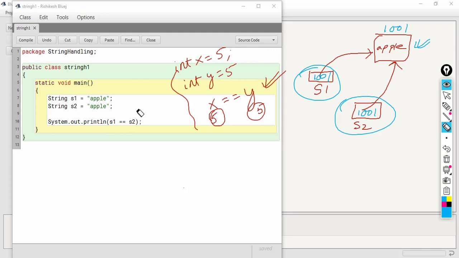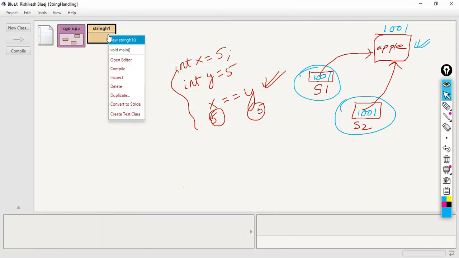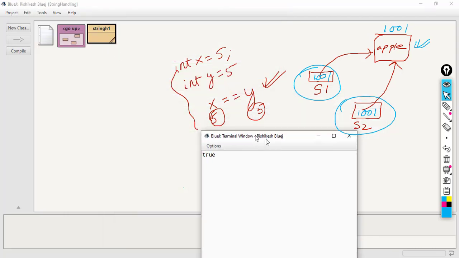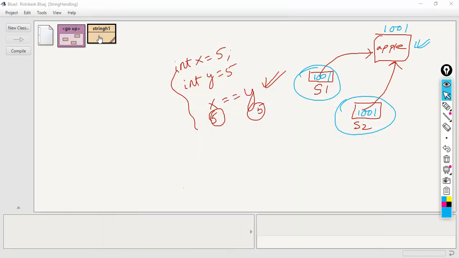So let's see the output of this first. The output of this I'll get as true only, because both S1 and S2 are referring to the same string object. So let's see the output here. The output is true.